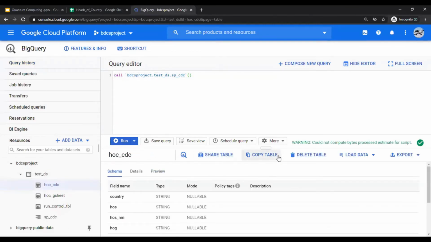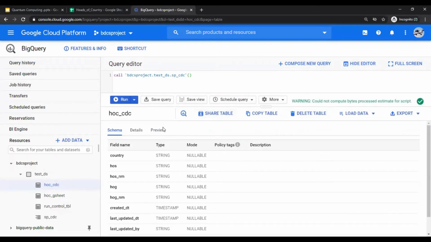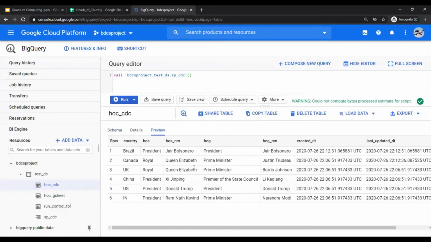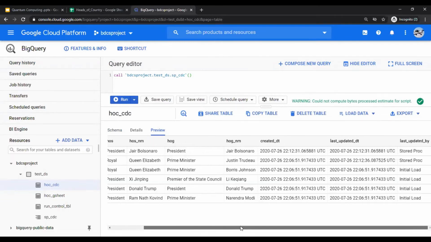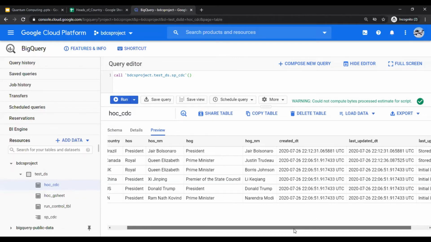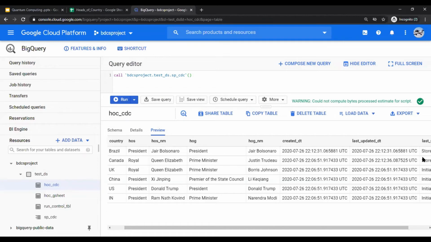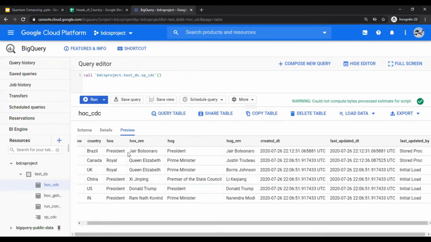In the target table, what you would find in the preview, this is the target table, remember? On the right hand side, you're seeing there are two records touched by the stored proc. And for the Brazilian one, you would see the created date timestamp as the same, and you have stored proc,